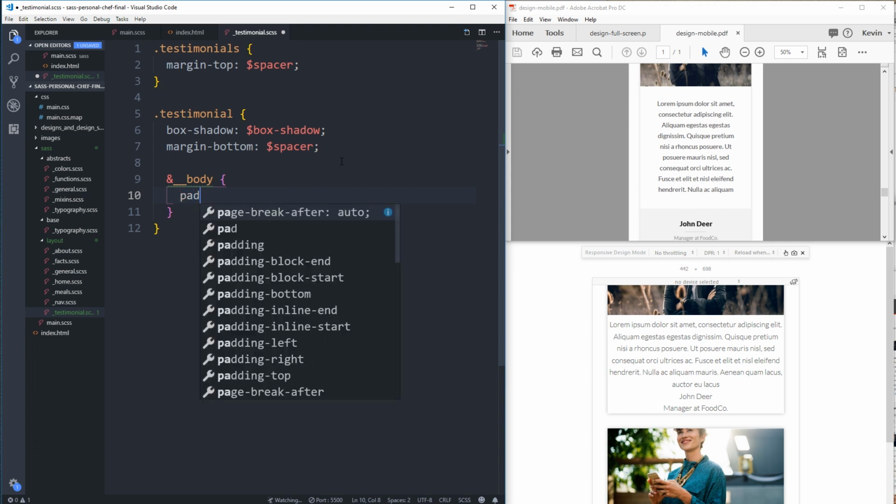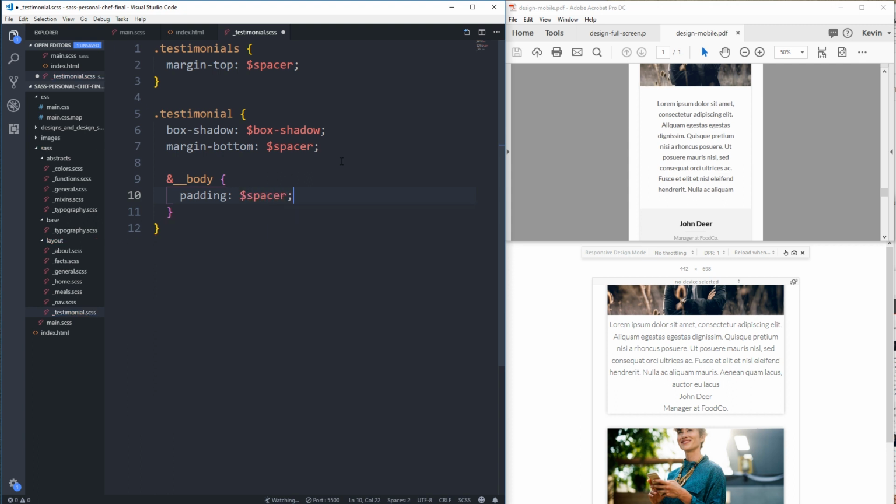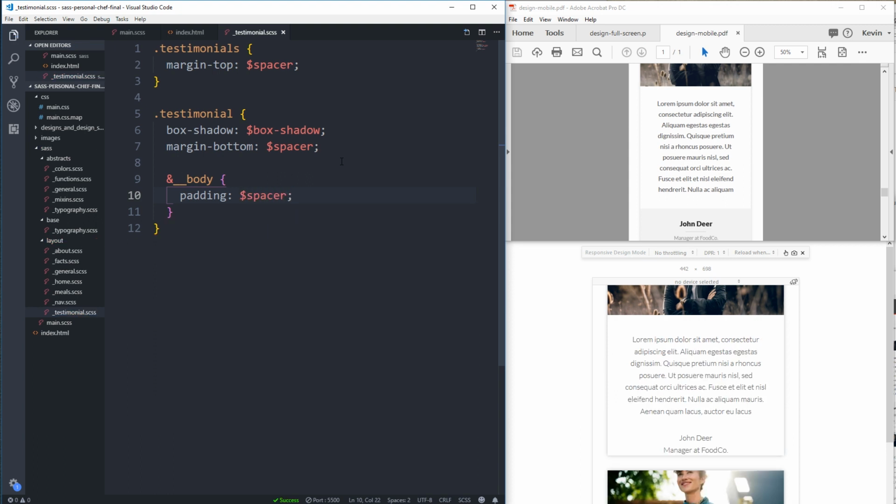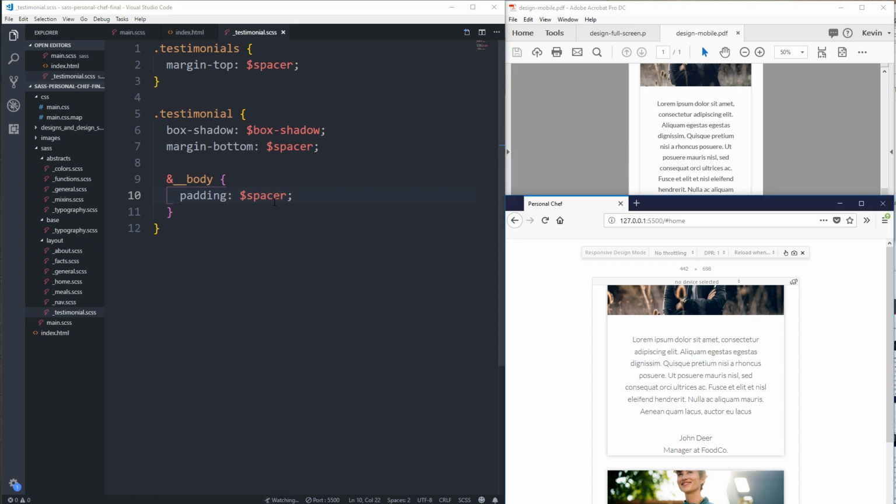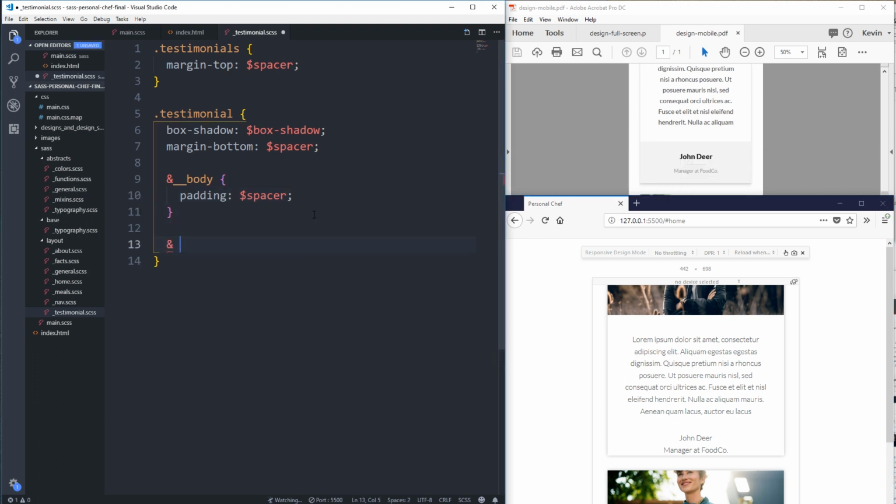So the body here, we'll just give it some padding of spacer. Doesn't that look better? Now my text is more bold here, but I think I like this better, so I'm going to leave it like that. If you prefer, you can always change it to the heavier font size. Then we have the credit area. I think I called that area the credit, right? So that should have a background of gray 2, because it's not white, it's the light gray. Perfect. It needs a padding of spacer,